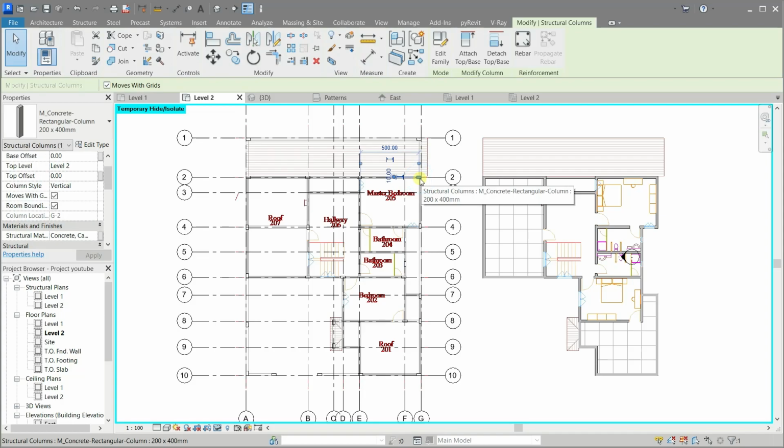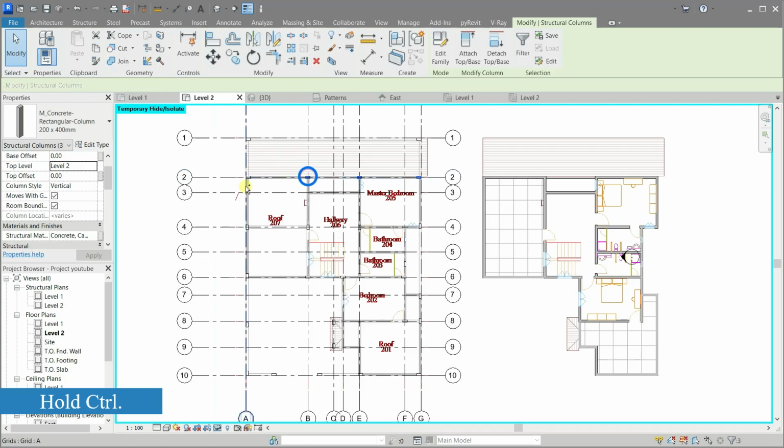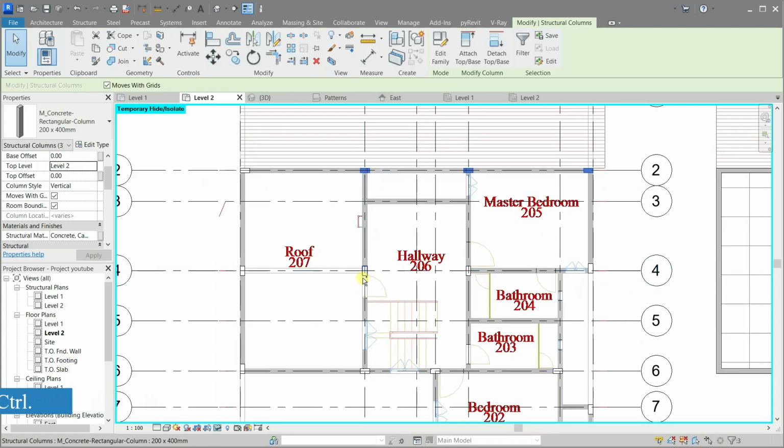Now pay attention and start selecting the column that will cross the second level. Hold the Control key while doing so to be able to select multiple columns.